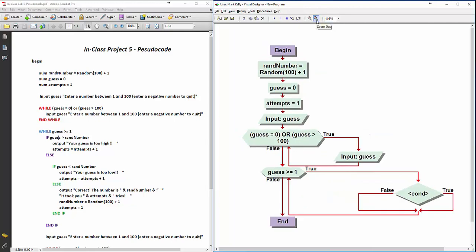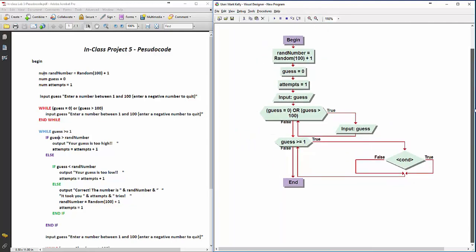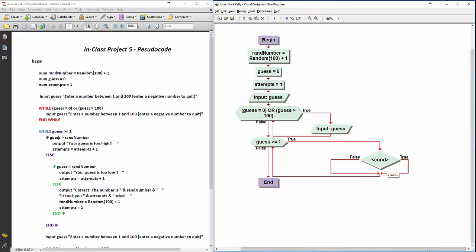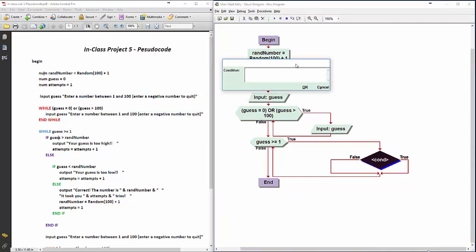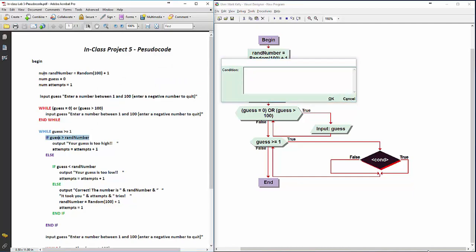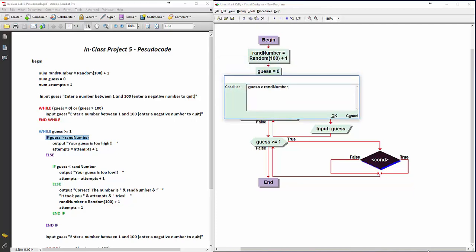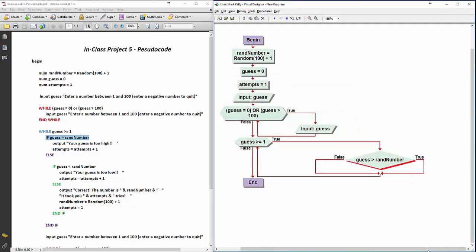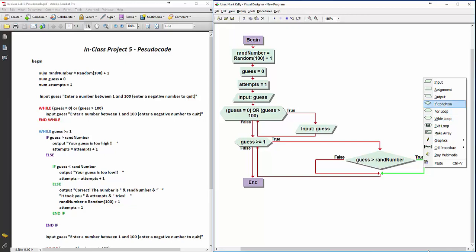I'm going to zoom out just a little bit so you can see a little more of my code here. And if you look at your pseudocode, it'll tell you exactly what your condition is. This is what we're asking: if the guess is greater than the random number. And make sure you spell the variables exactly like you declared them up here. If the guess is greater than the random number, then of course we want to display a message saying your guess is too high. So in the true part, we are going to put an output,